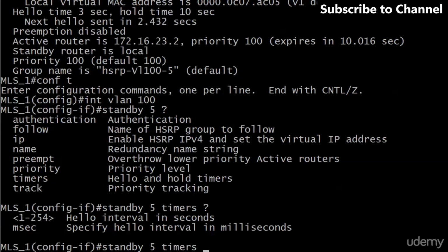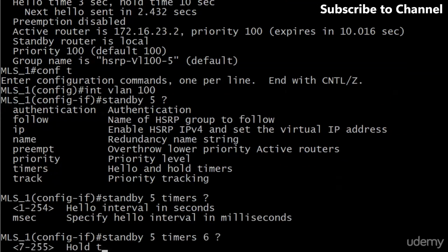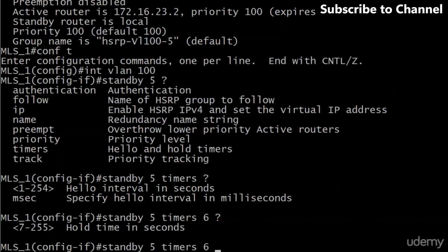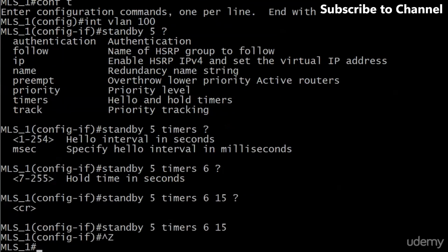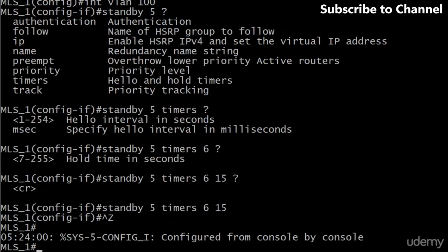That's pretty deep. You really don't need to go that far with it to do it in milliseconds. What I would do here, let's say we want to double that, and then you've got to enter a hold time, even if you're going to keep the 10-second hold time. Notice that we do not have a CR here, so you've got to put it there. We'll go with 15 seconds here, just pulling a rabbit out of my hat. So standby 5, timer 6:15 means we've reset our timers to 6 seconds for the hello time and 15 seconds